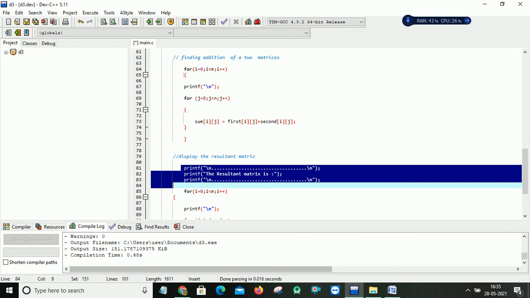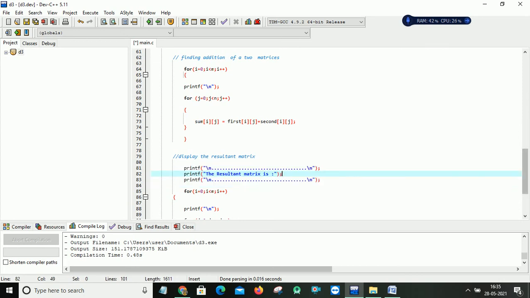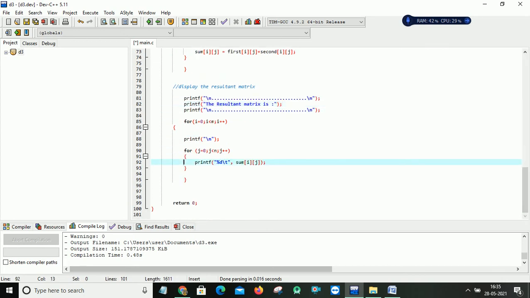These dotted lines I used in my program just for formatting, so that your output screen looks good. For that purpose I am simply using my for loops. I just print the value available at my array sum of ij, because my result is kept in that array.